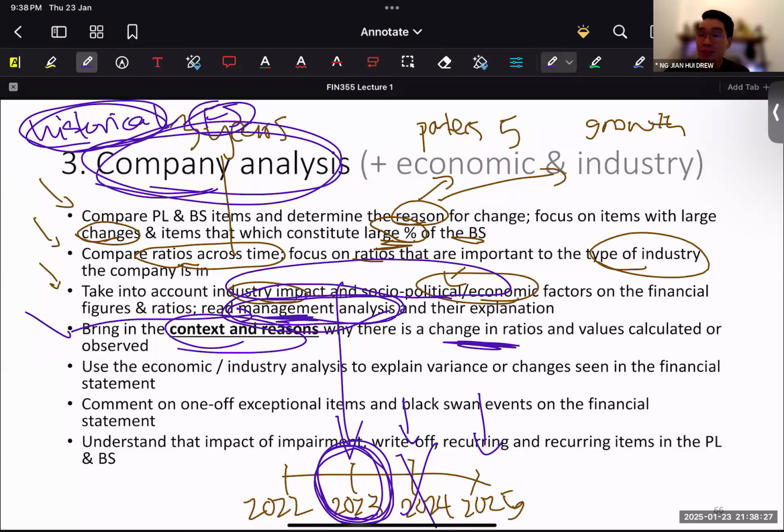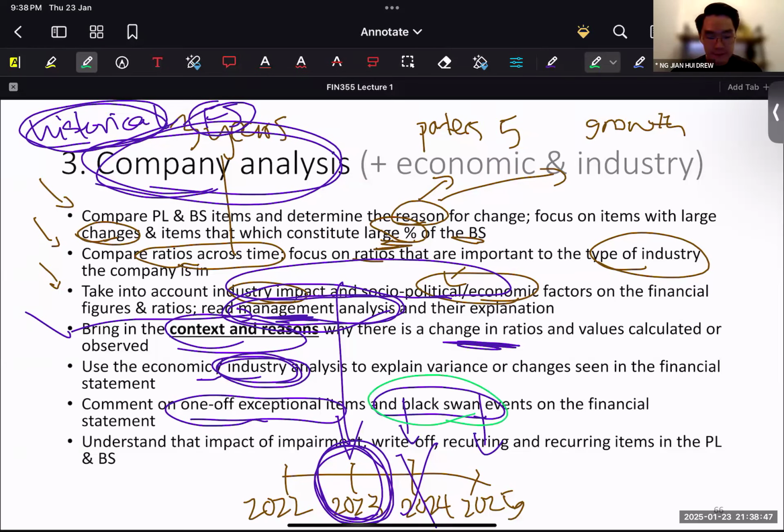Okay. So when I talk about the decrease in purchase of alcohol because of declining population, this brings in the industry analysis already, right? So you need to bring some industry analysis. Please comment on exceptional items and black swan events. So, you know, I think the whole idea of